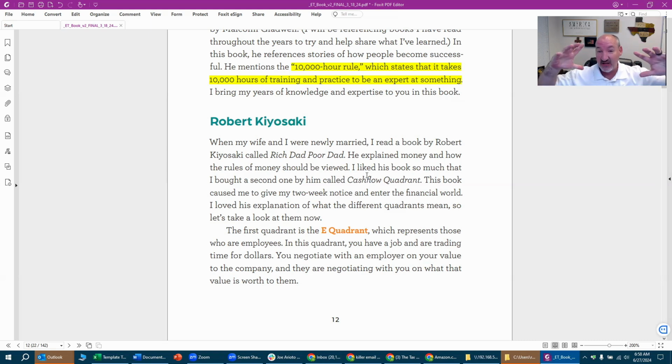So after I got done reading his book, what do you do when you read an author's book and you're like, man, that was good? You go and see, do they have a second book? I want to go read the second book. Right. And so that's what I did. Cash Flow Quadrant was his second book. And I went and bought that book, and I read that. I closed up the book when I was done, I leaned over to my wife of 2.5 years and I said, babe, I'm quitting my job. You can imagine her reaction.